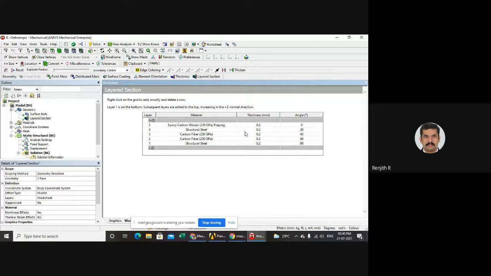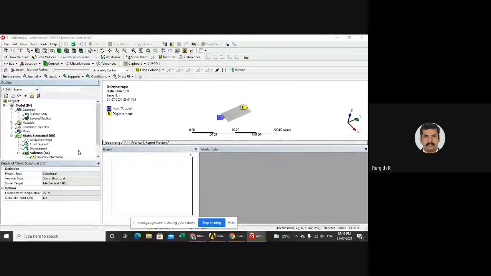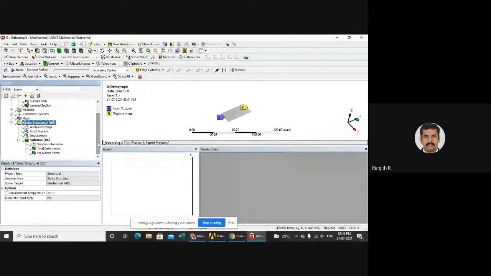So this is the way to simulate the same thing which we created with the help of ACP. So this way also we can create the results. If you solve it, you will get results that will vary a bit from the previous results, because there we actually interfere with the orientations, the fiber orientations, and the laminate position, everything we can change. But here you can simply control the materials, the thickness and the orientation angle only. So no orientation with respect to the fibers or with respect to the laminate.